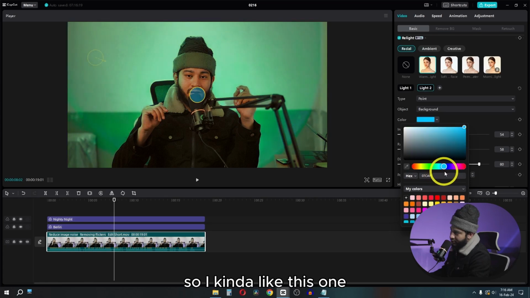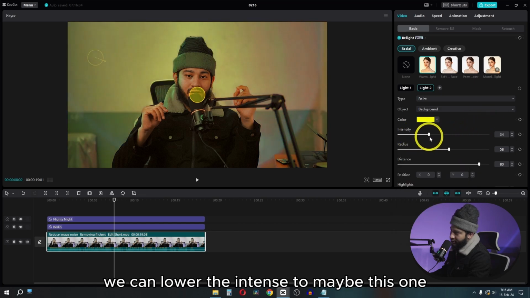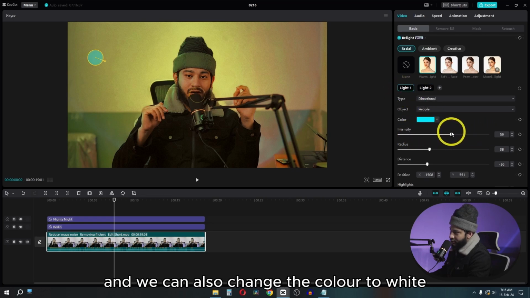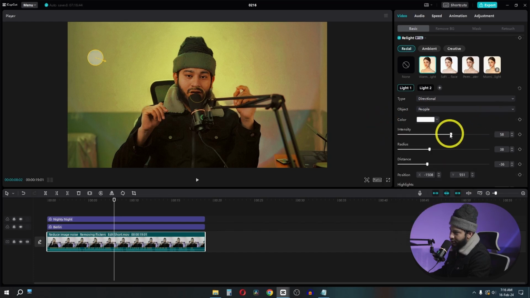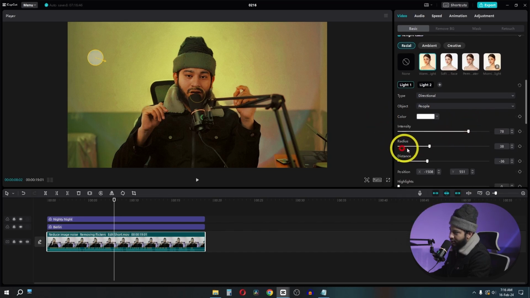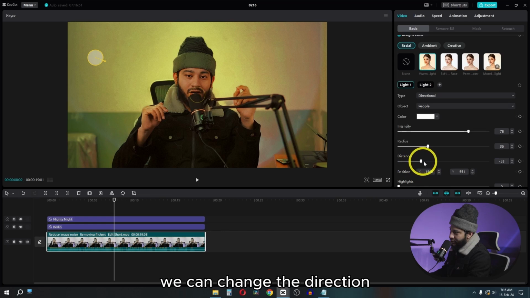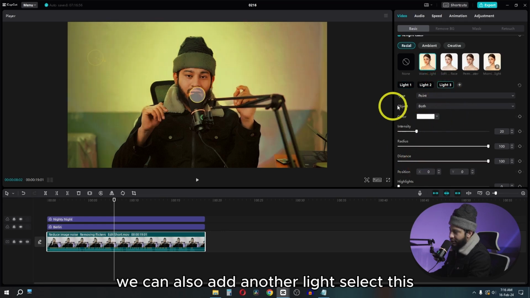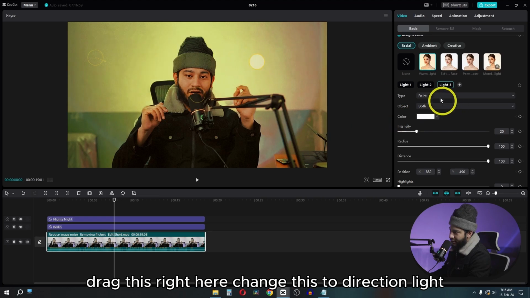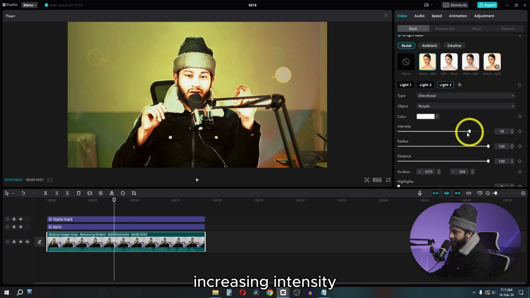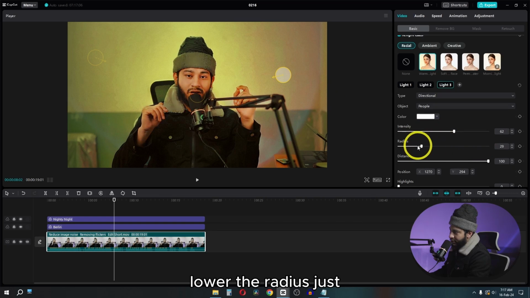So I kind of like this one. We can lower the intensity to maybe this one. We can select the light one, and we can also change the color to white. Let's increase the radius. We can change the direction. We can also add another light. Select this, drag this right here, change this to directional light, and change this to people. Increase the intensity, lower the radius just right about